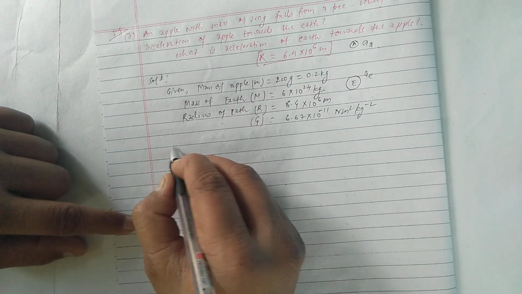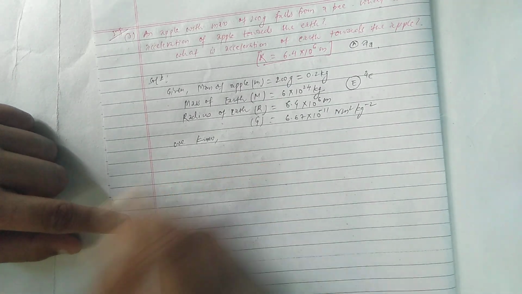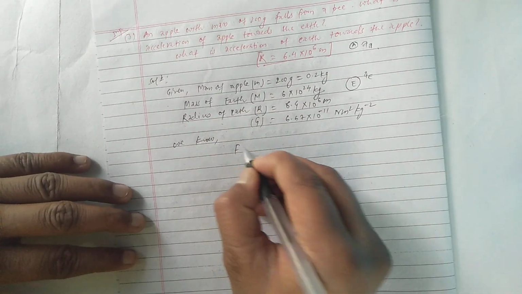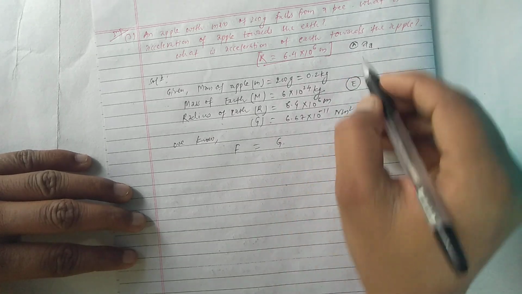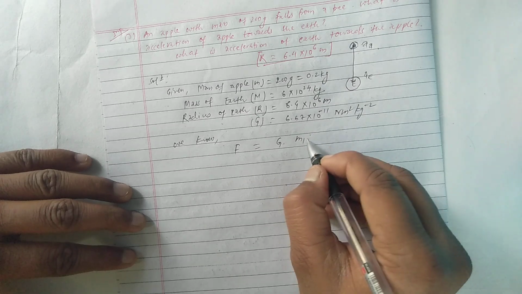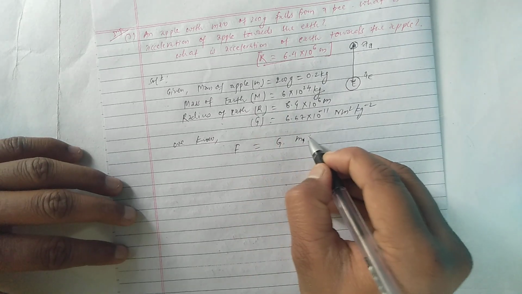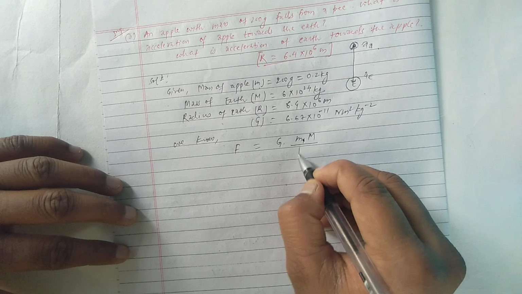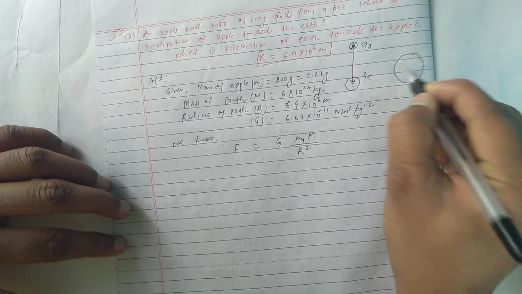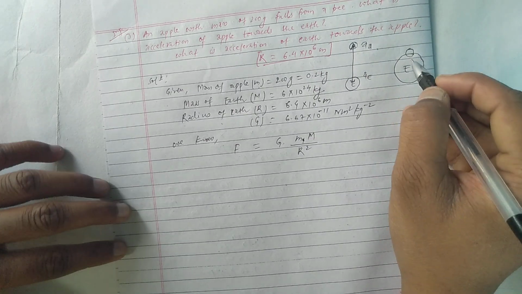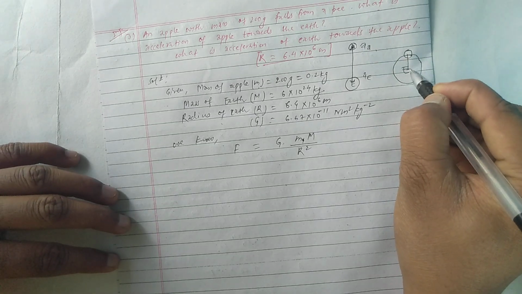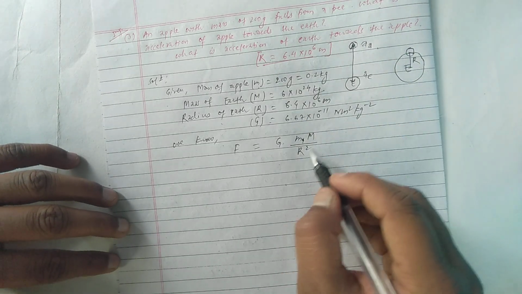As we know, the force of attraction between the earth and this apple is F equals G m1 into m2 by d square, but here it is m and M, so we can write G M m upon d square. In this case the apple is nearly on the surface of the earth, so you can directly take the center to center distance as r. So you can also write